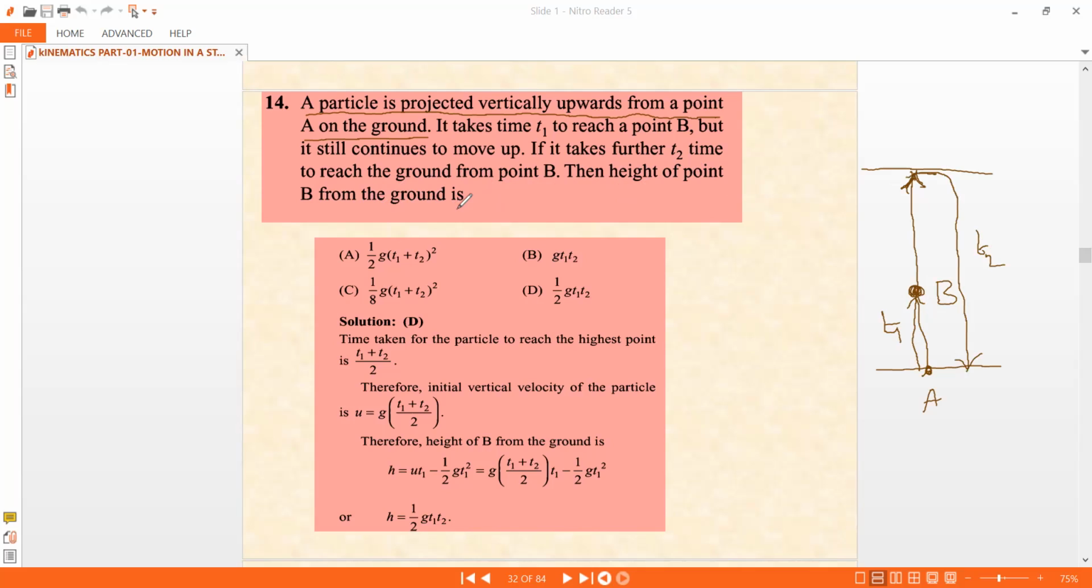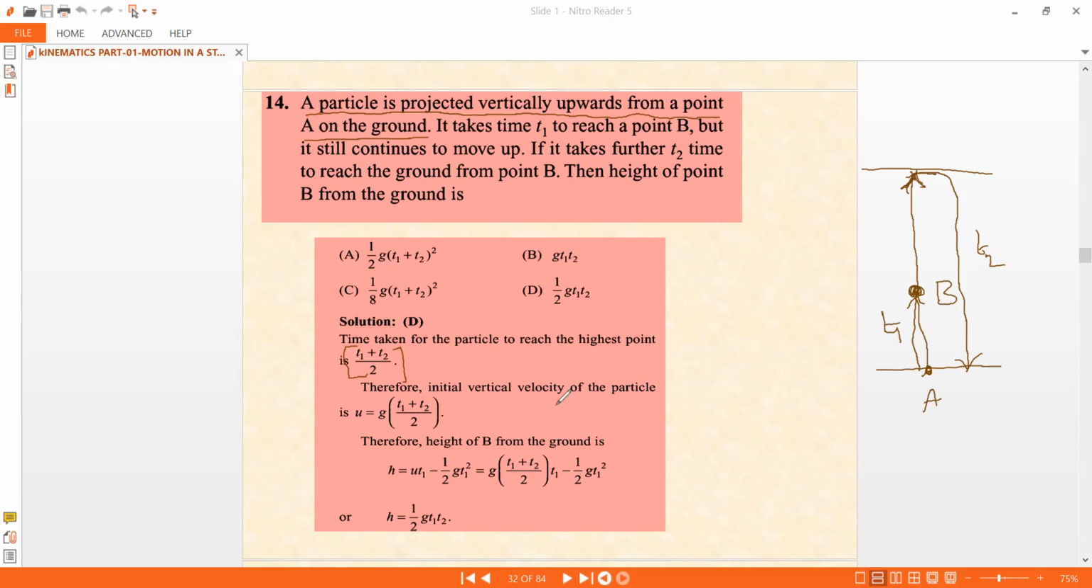What is the time taken by the particle to reach the highest point? This is one way of calculating: that is (t1 + t2)/2. That is the highest point. This will be the time, and therefore